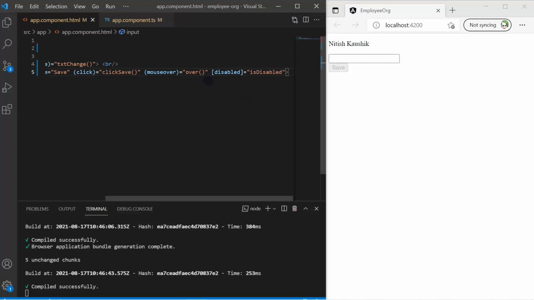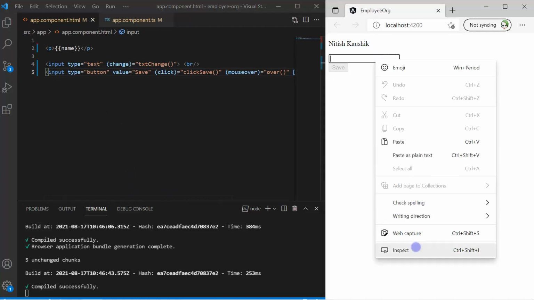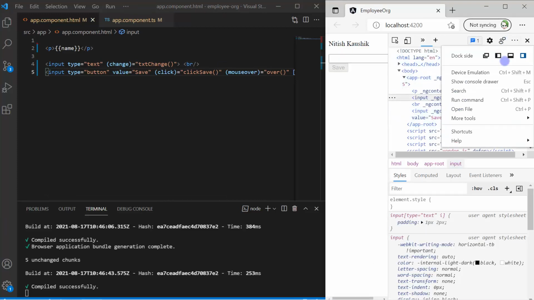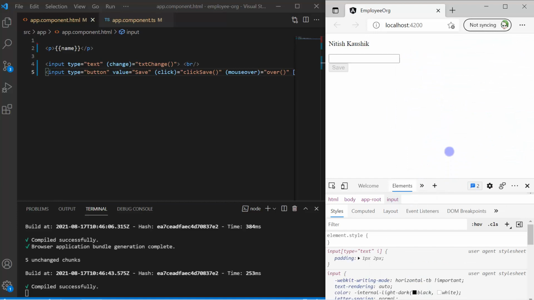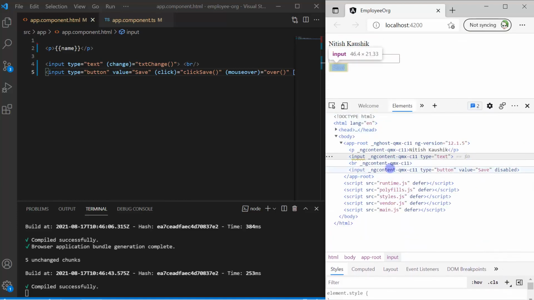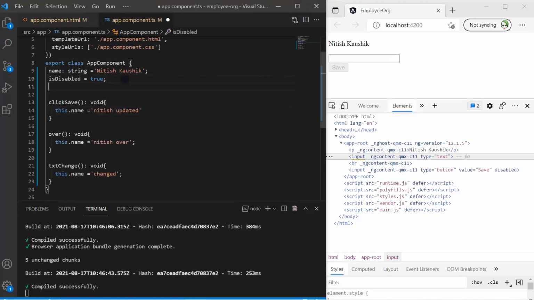Now let's understand what all things we can do by using this property binding. So let's say here I just want to assign a new ID in this input type. As of now, if you right click on this one and choose inspect, let's put it at the bottom side. Here you can notice that there is no ID in this particular input element. If I want to assign the ID, then let's say here I'm setting textId.